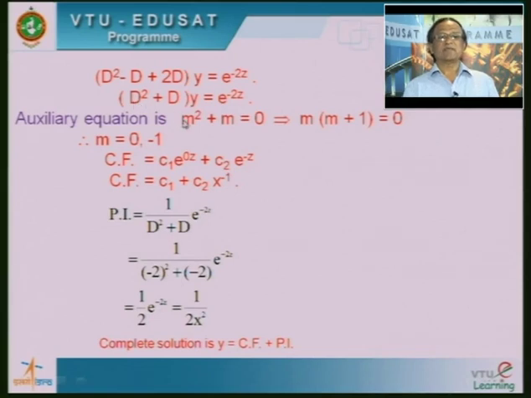Replace d by m. So, the auxiliary equation is m square plus m is equal to 0. From these two terms, m is common, right. You can take out m. The remaining thing is m plus 1 is equal to 0. So, this implies either m is equal to 0 or m plus 1 is equal to 0. Is it clear? It means the roots are m is equal to 0, and m plus 1 is equal to 0 means m is equal to minus 1. So, therefore, roots are 0 and minus 1. Roots are real and different.